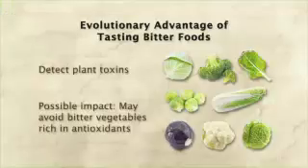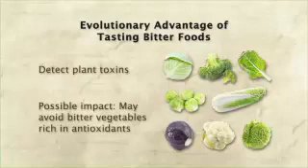Now, dietary sources of bitter substances include vegetables such as broccoli, bok choy, cauliflower, cabbage, watercress, etc. And these foods contain bitter-tasting phytochemicals, as well as antioxidants, fiber, vitamins, and minerals. Although bitter substances are present in beneficial foods, many toxins in plants are also bitter, so it's been hypothesized that bitter taste perception likely evolved in humans to prevent the consumption of potentially toxic chemicals and may represent a defense